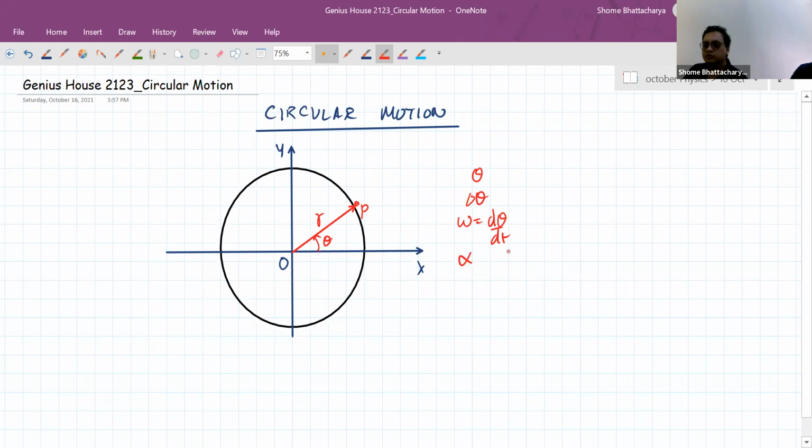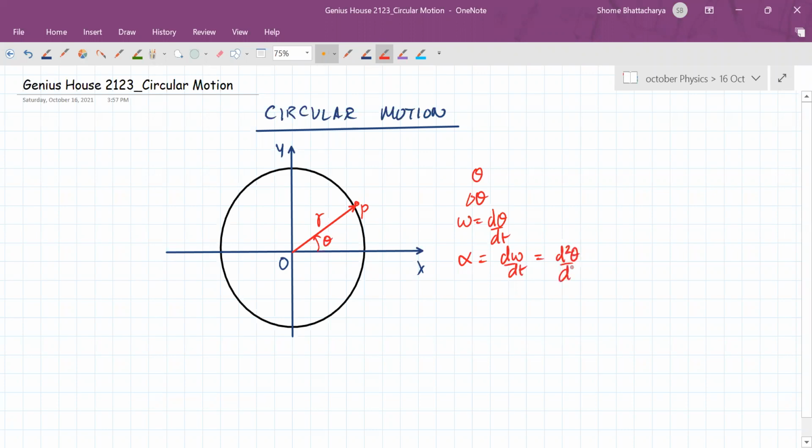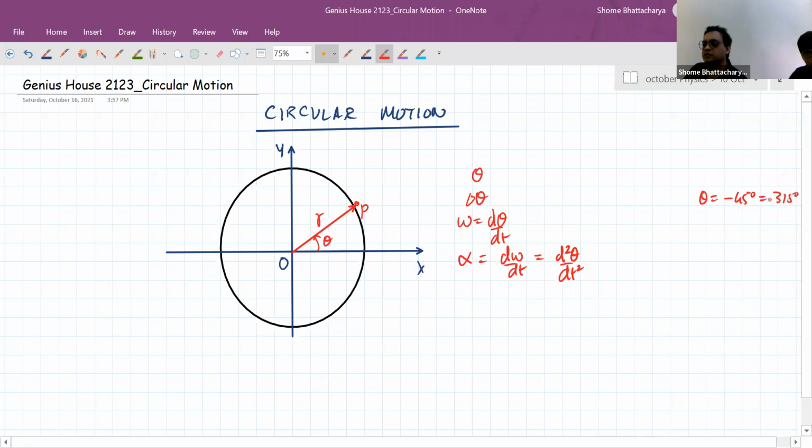Yes, Anirudh, you have a question? Yes, sir. If it is said that the displacement is minus 45 degrees, and for 315 degrees, is it the same, sir? Angular position. Okay, so I am saying the angular position of minus 45 degrees is the same as the angular position of plus 315 degrees. Understood now why? Yes, sir. I might have said 345 by mistake at first, and that was maybe the confusion. Okay, so this is one and the same thing.